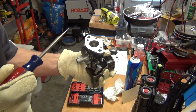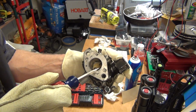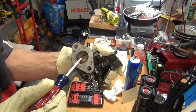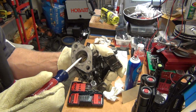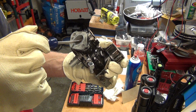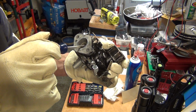little hole, and it's very hard to see, but the way the throttle closes, if it closes this way, the hole is going to be on this side, or two holes, or sometimes three holes, four holes. This one has two holes because this plate will close this one here, and this one will stay open. There is one in the back, one in the front, and they both mix the air and gas